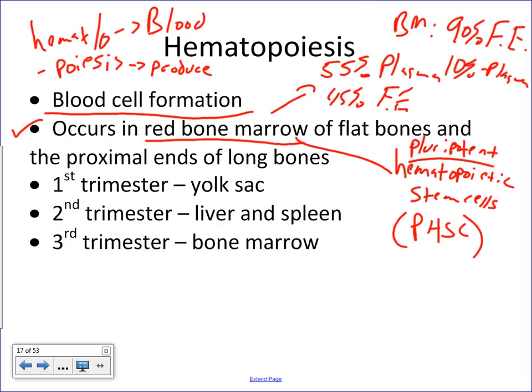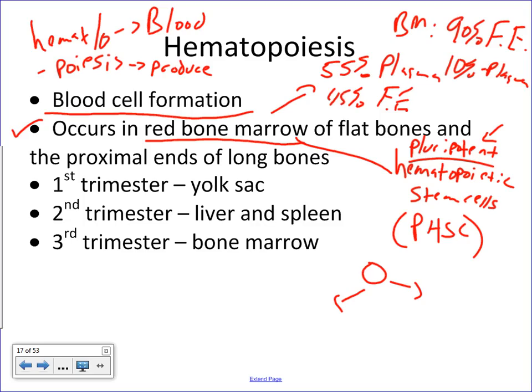Remember that stem cells are just real basic cells. They've got a plasma membrane, they've got the basic organelles, but they're not really doing anything. Then when you expose these pluripotent stem cells to the right chemical bath in the right environment, they differentiate or specialize into a particular cell type. Basically, we expose these pluripotent stem cells to different forms of chemical messages, and then through a step-by-step process of cell divisions,